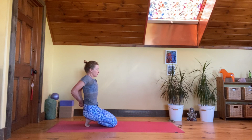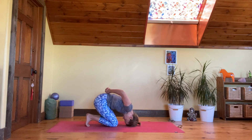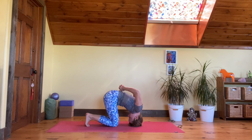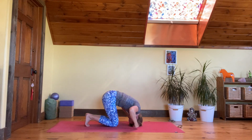And then from there, bring energy into the front side, round the spine, and take the top of the head towards the floor. And here we get some nice pressure onto the top of the head, and just kind of getting like a remembrance of, oh, there's my headstand, okay. And then maybe lifting your arms up and extending it, and lifting your shoulders away from your ears. And we breathe and we stay here,